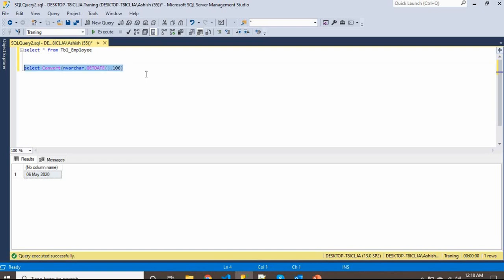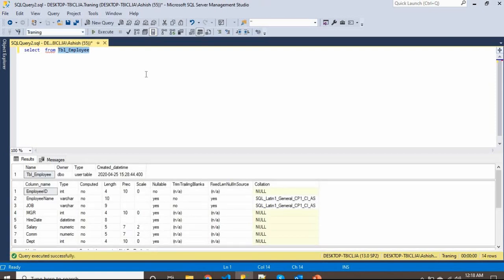The same thing you can apply to our table also. I'll show you how. Suppose you want to see the columns of the table, press Alt+F1, or if your keyboard doesn't support function keys directly, you can press Alt, Fn and F1.